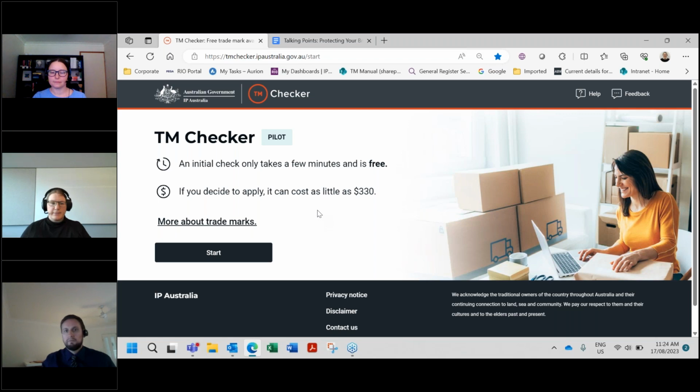Thanks, Blake. So this is the Trademark Checker tool, as Blake mentioned. It's a free online tool that involves an AI or computer program doing the checks for the two most common issues that come up with a trademark application. That's the distinctiveness and the similarity that Blake mentioned in the previous slides. The cost there is if you decided to apply at the end. So if I click Start,